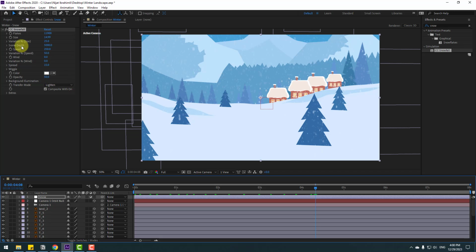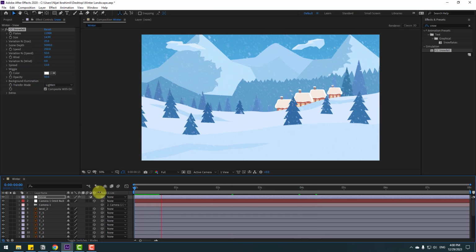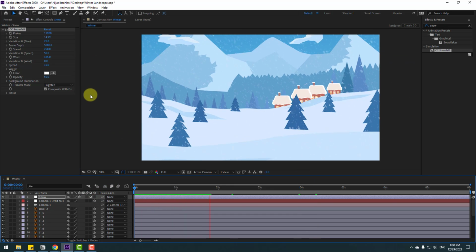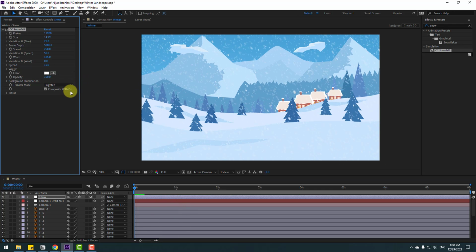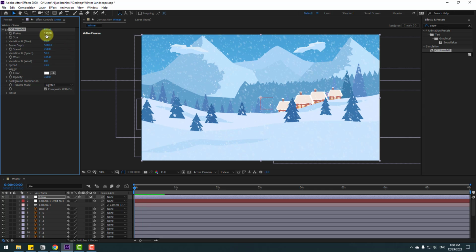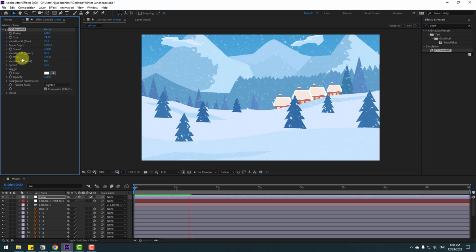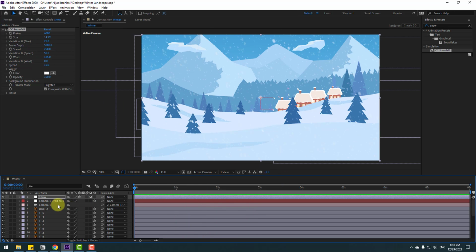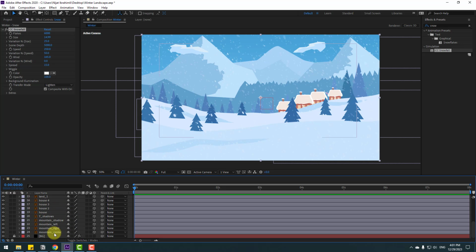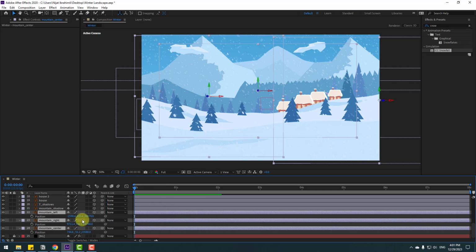Nice. Can change here wind, left to right. Okay, not bad. And opacity change 100%. Yeah, let's change these flakes like this. Okay, nice. Okay, so let's select these mountain layers and these 3 mountains and press P, and let's move it